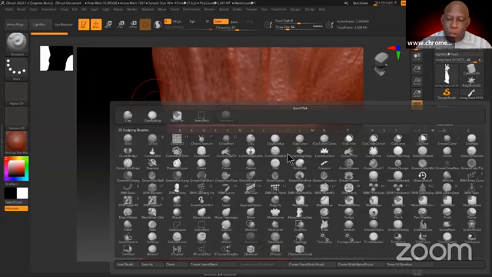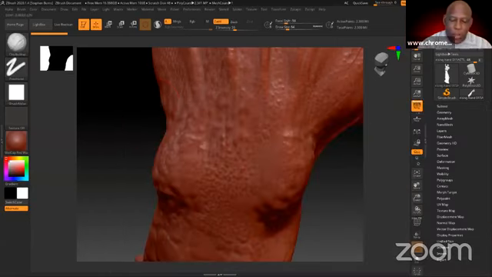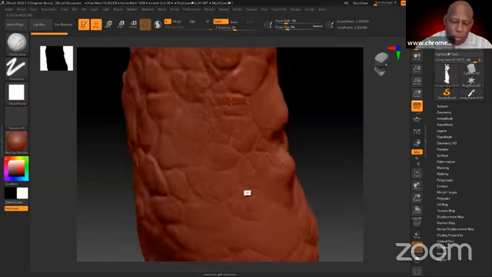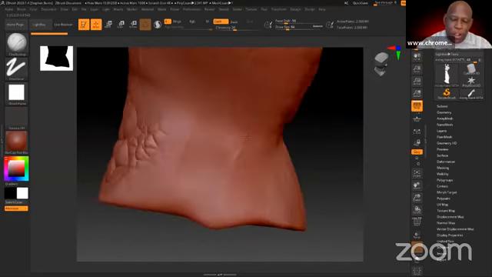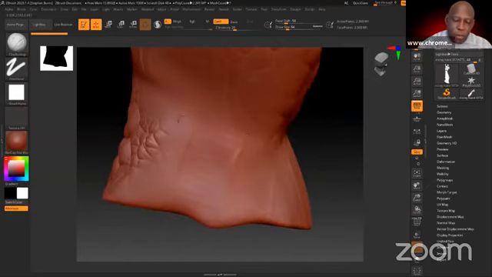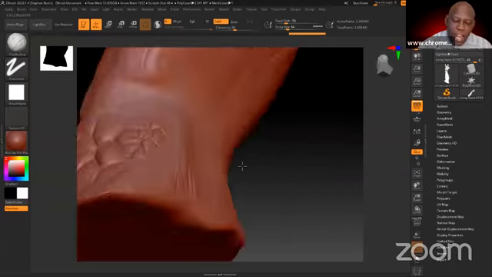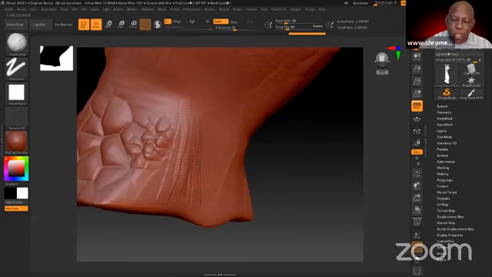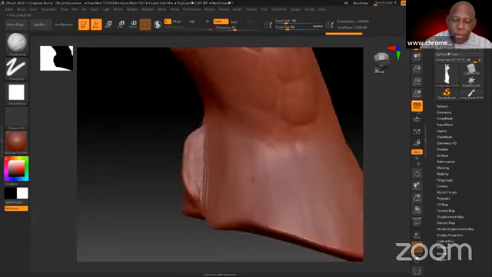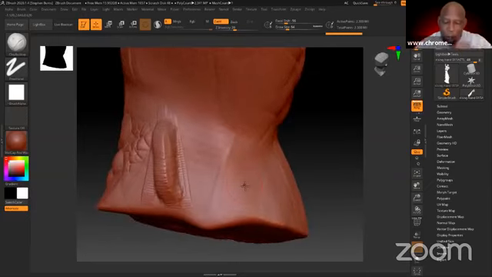So what the clay buildup does is this. Actually, I'm gonna go ahead and target it right there. Now I've just targeted the clay buildup. I'll go to a portion of the image. This is what it does here. If I start to paint, see that? It's creating the 3D shape in 3 dimensions. I can pull that out more. See that? It's pulling all that out. That was how I was creating this arm.